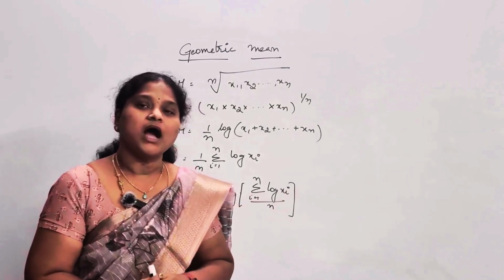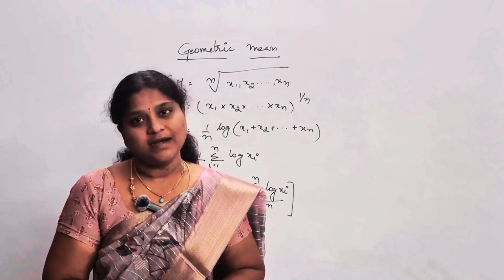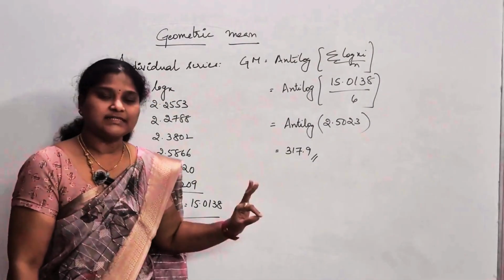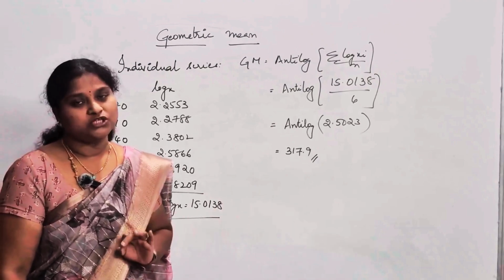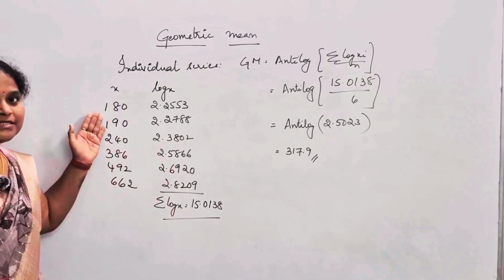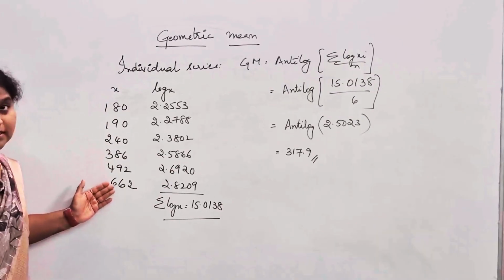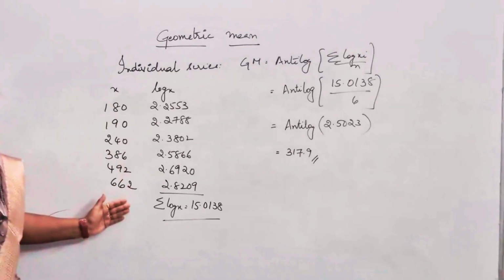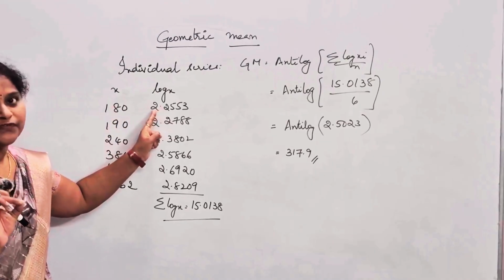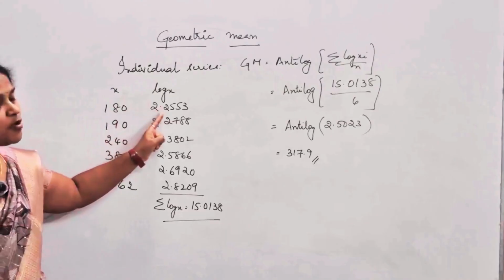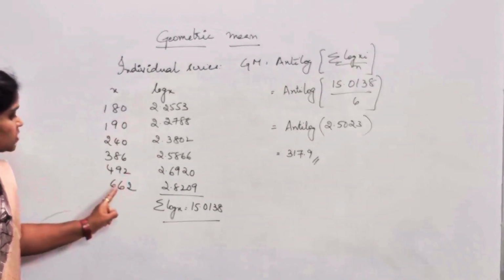Now, we'll see how the geometric mean formula varies for individual, discrete and continuous series, with examples. Let us consider this data for our geometric mean calculation in terms of individual series. Here we have the x values as 180, 190, 240, 386, 492 and 662. As our formula demands log xi, we find the logarithm of each value using our scientific calculators. Log of 180 is 2.2553, log of 190 is 2.2788, so on. Log 662 is equal to